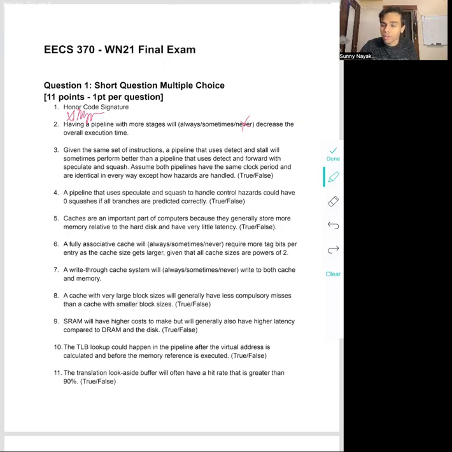Just intuitively, it seems like there would be situations in which this would not be true, because if it were always true, I would just make a pipeline that was hundreds of thousands of stages long. I could break it down as small as it could get. But obviously this isn't what happens when people manufacture chips, and it's not just because of cost. That's the initial reason I think it's probably going to be sometimes. But as for why it actually is,